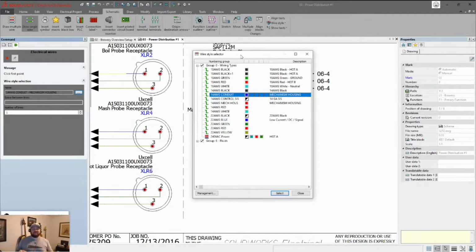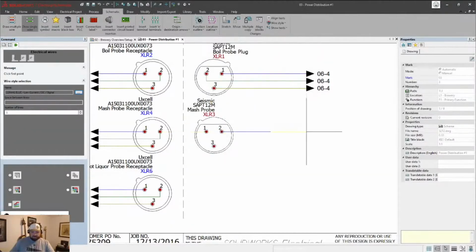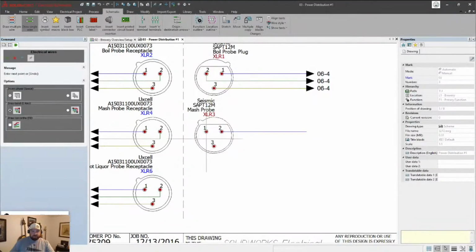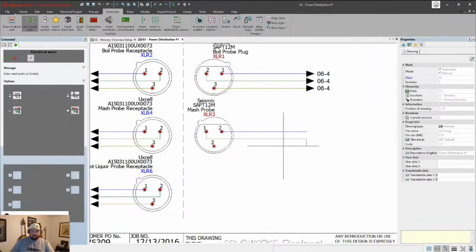And the reason for that, which we'll take a look at in a minute, is there's a lot of metadata behind the wire types. They're not just lines on a sheet. So let me go ahead and draw these out real quick, and then we'll show you what I mean. So I'm still in the command, and I'm going to go ahead and draw these 3 different wires out so I don't have to constantly